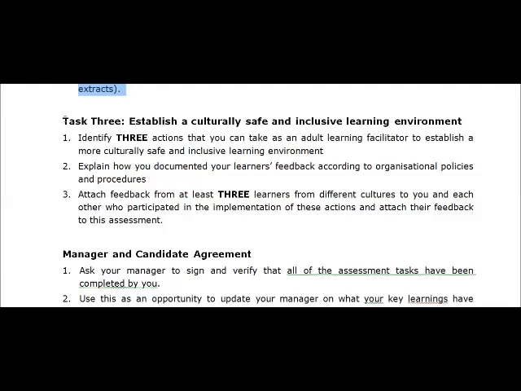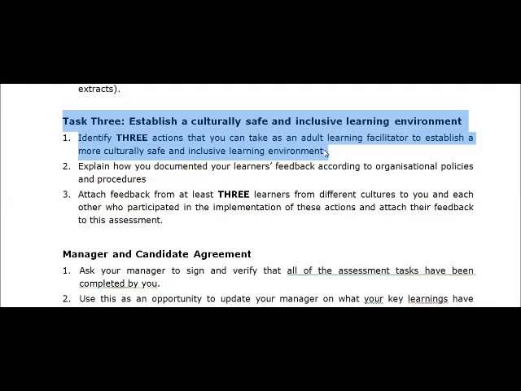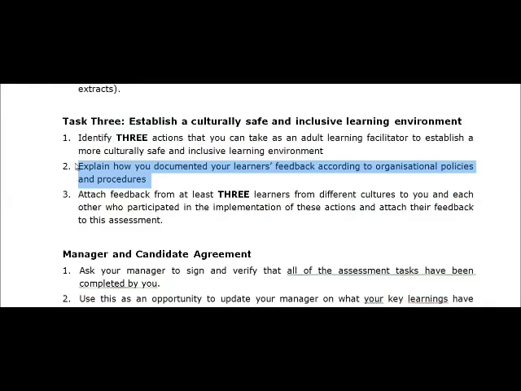And the last bit, task 3, is you establishing a culturally safe and inclusive learning environment. So you need to identify 3 actions that you can take as an adult trainer to establish a more culturally safe and inclusive learning environment. You need to get some feedback from your learners. So in order for you to establish a culturally safe and inclusive learning environment, you're going to need to deliver some training to a group of learners that are of different cultures to you, and get some feedback on your